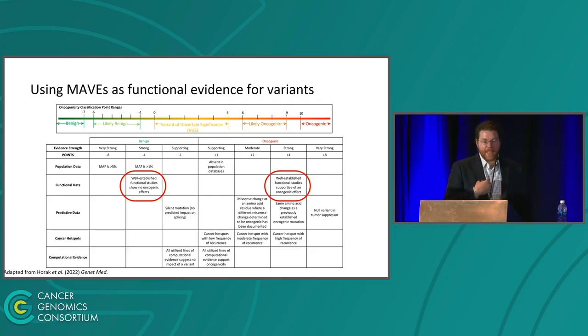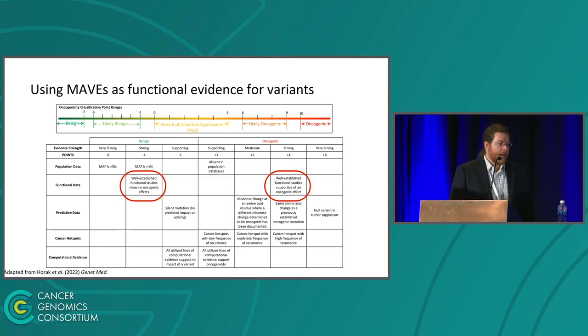And what was nice for me is that the box that we're concerned about, these ones that are highlighted in red, which say well-established functional studies show no oncogenic effects, and well-established functional studies supportive of an oncogenic effect, that language is basically exactly the same in Richards, although Richards obviously doesn't say oncogenic. It says pathogenicity. So that's what we want to do. We want to show that our data is a well-established functional study. We want to be able to tell you whether it does or does not have an effect. And then we want to make sure that we're explaining to people in a way that they feel comfortable with,